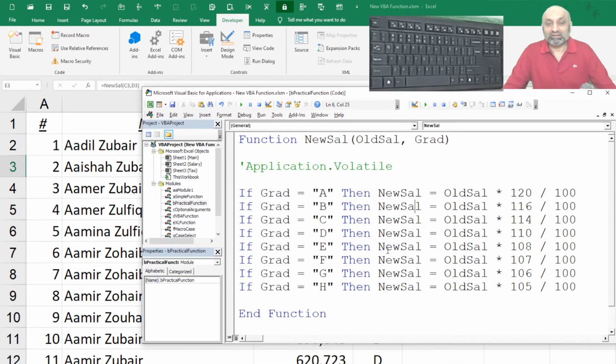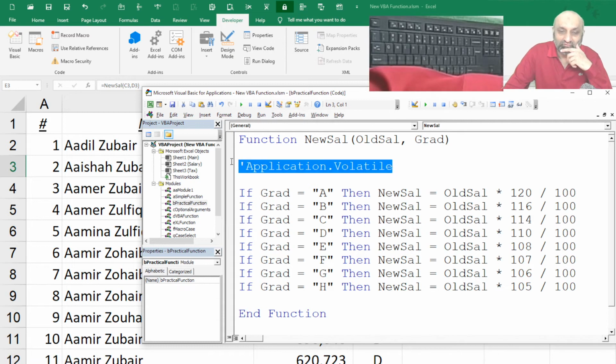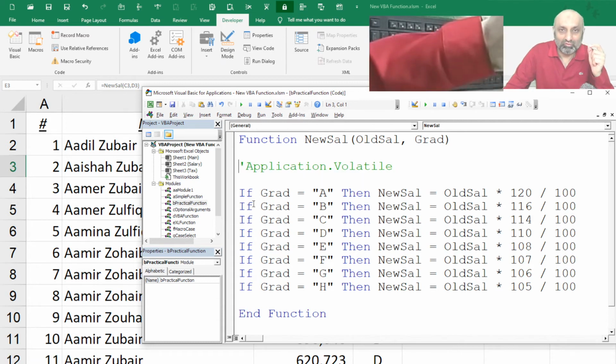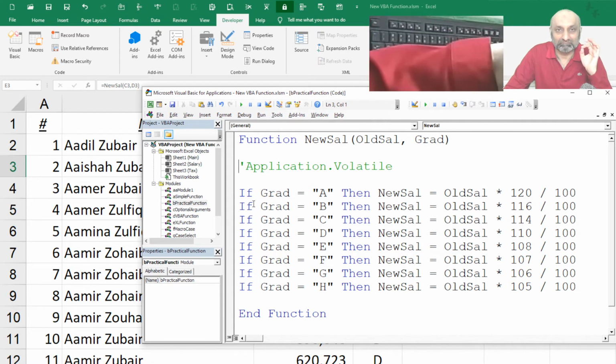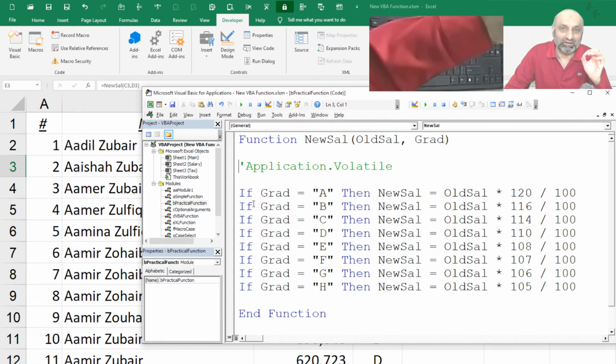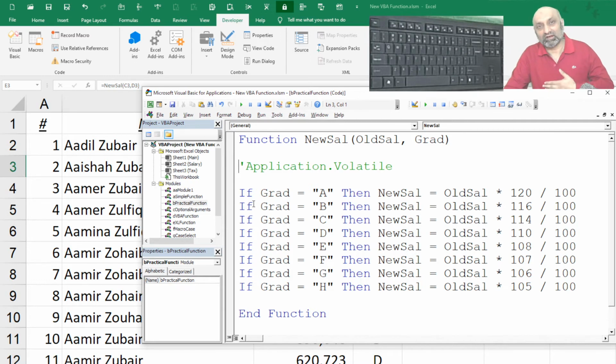Right, the next thing is, what is this command? Application.volatile. Application.volatile makes sure that whenever your worksheet does a calculation, this function new sal is calculated again, whether or not there is a change in parameter. So if I'm getting the desired result, there is no need to use this command, application.volatile.